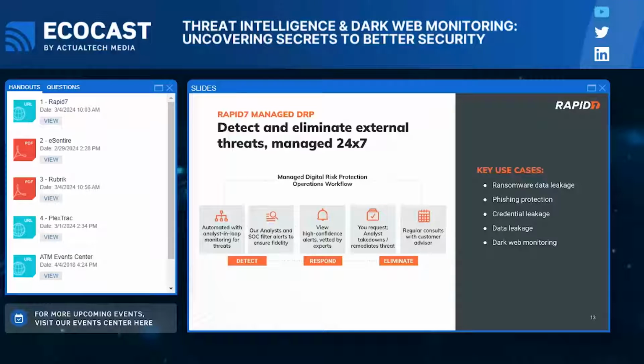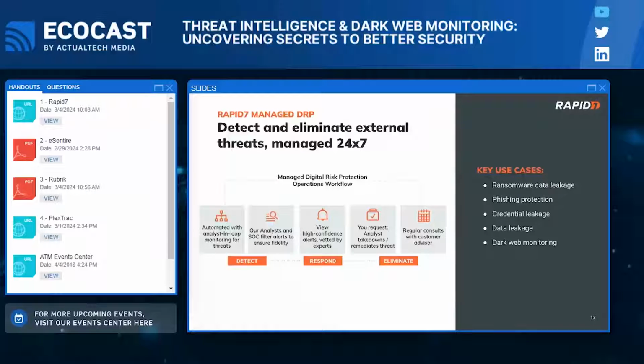We're filtering those, taking out the noise, taking out anything that doesn't look to be real and relevant and a priority for your business, ensuring high fidelity, low noise detections. We're able to give that vetted view. So we're finding the things that are the most relevant. We're working side by side with our MDR SOC so we can investigate the things that require additional attention, that require, hey, has this phishing site already been exploited? Have we already seen this botnet in action? Is there evidence that we can see that these credentials have already been used out in the wild?